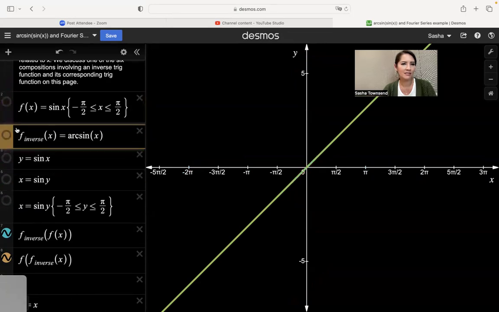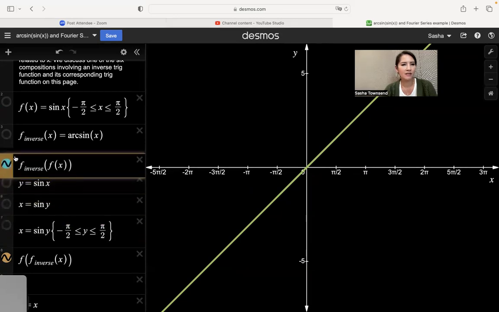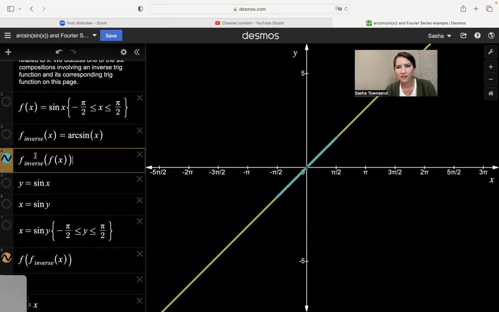We've got f of x is sine of x on our restricted interval, and f inverse of x is the arcsine of x, which is defined for x between -1 and 1, and it gives us y values between -π/2 and π/2. When you compute f inverse of f of x, this is what you get. You get part of that. Now, if I substitute in